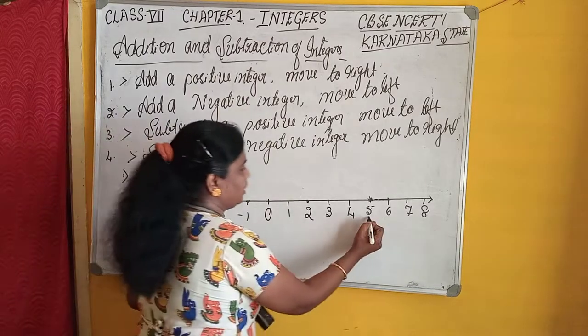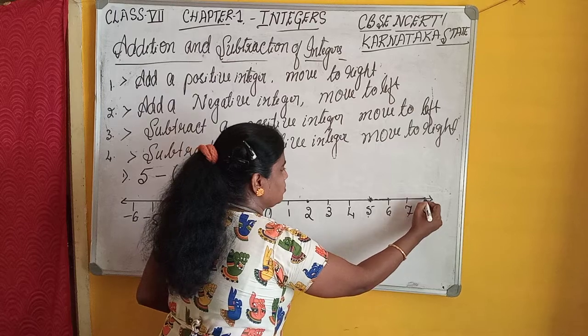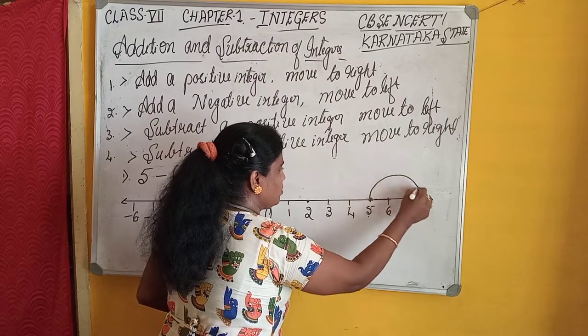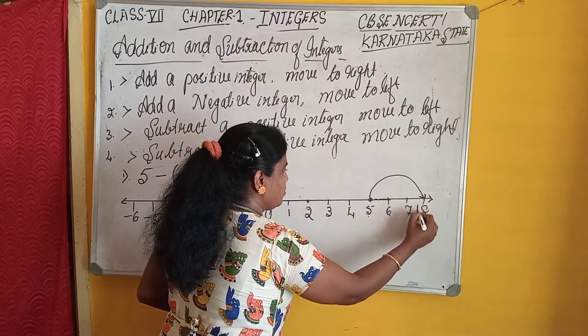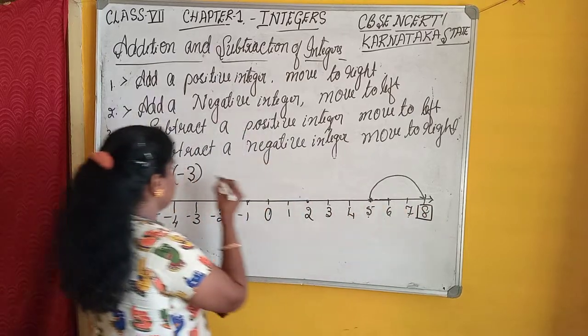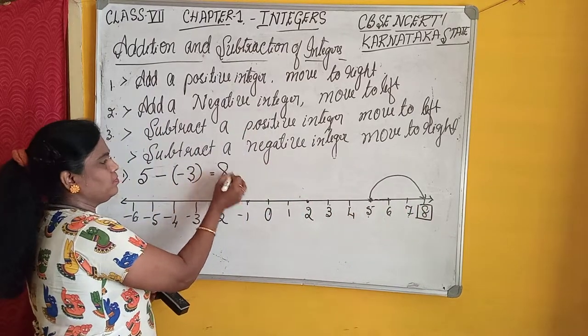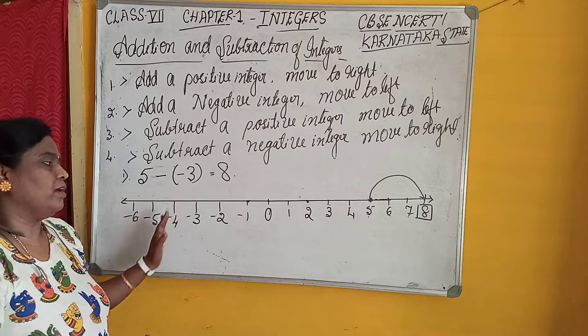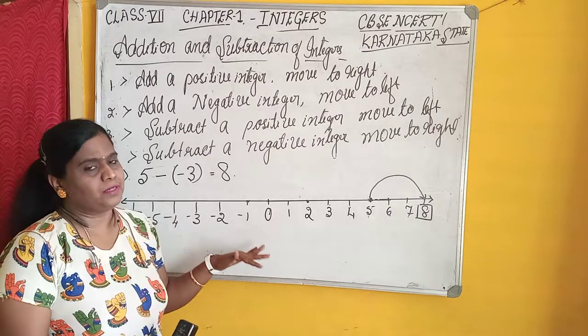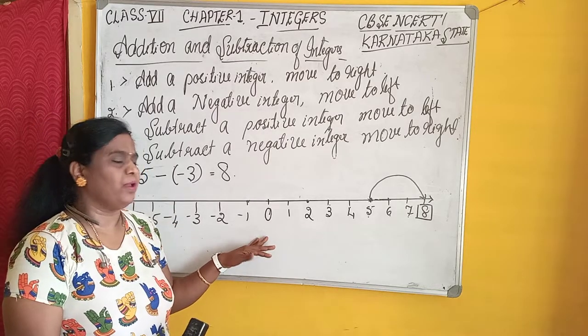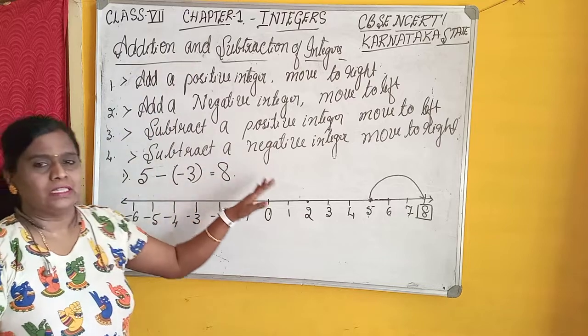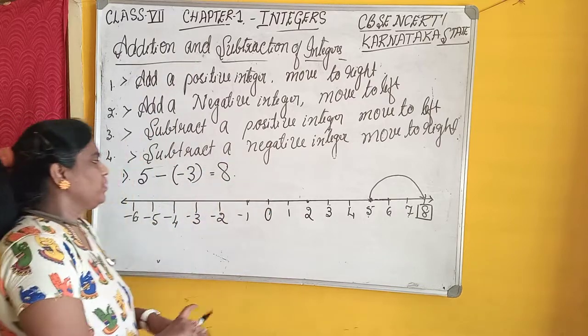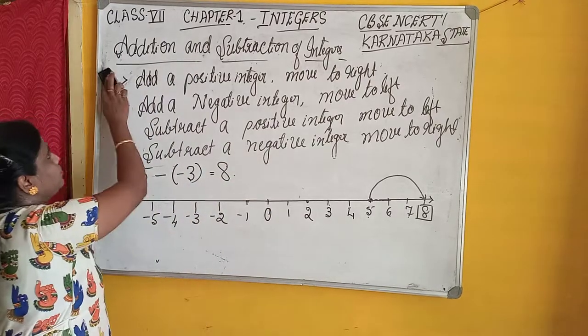That is after 5, 1, 2, 3. That is equal to 8. While adding or subtracting integers on the number line, we have to follow these rules. Next,